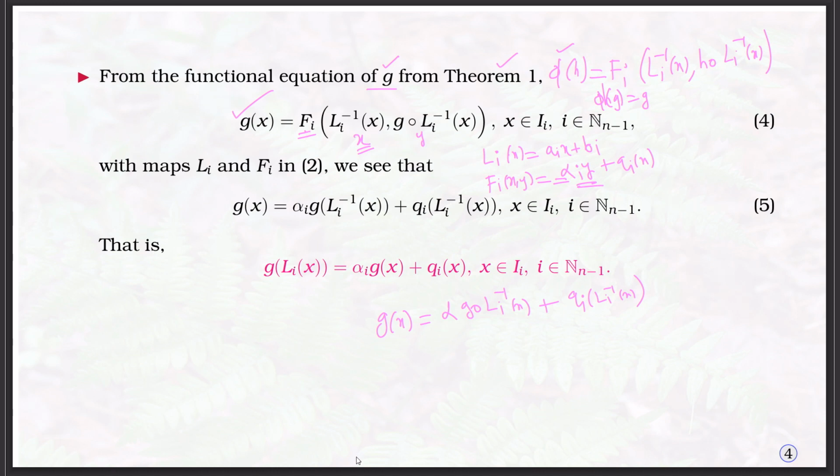Now, if you take x as Li of x, then alpha times g of x. Because Li is the contractive homeomorphism, if you compose with this one, you will get the same x, that means the identity function, plus qi of x. Now, we have the final form of the fractal interpolation function like this. You can see here g of x is the fractal interpolation function, plus q of x